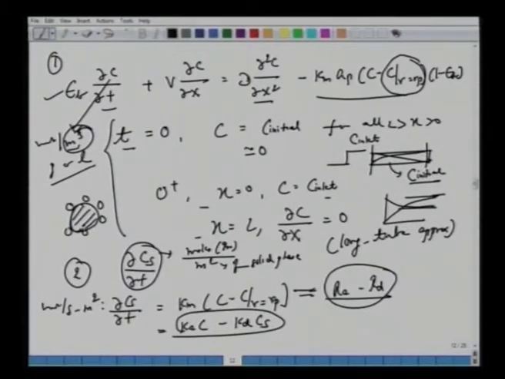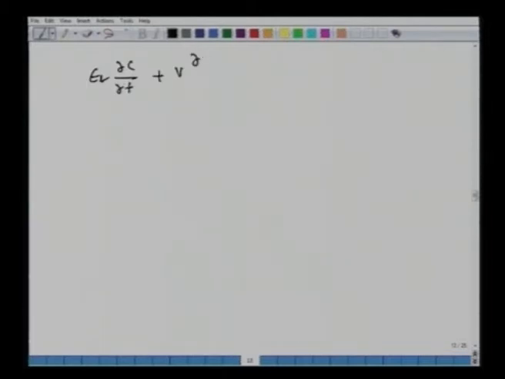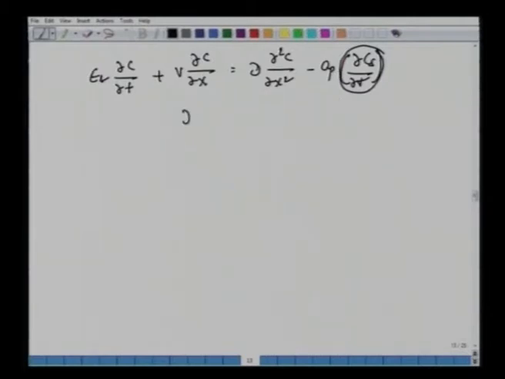Alright, so going back to the first equation, we can write epsilon b del C by del t plus V del C by del x equal to the dispersion or diffusion term, and here you have the flux. Now that flux is nothing but the rate at which the solid phase concentration changes. Notice this is a flux we had equated to the rate of adsorption and desorption. So the only thing here is, what is this del Cs by del t?